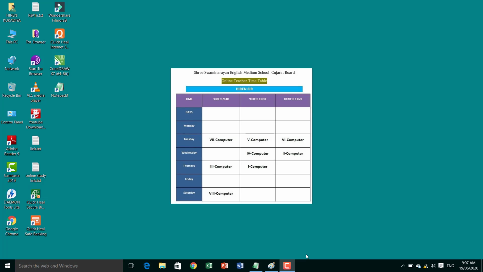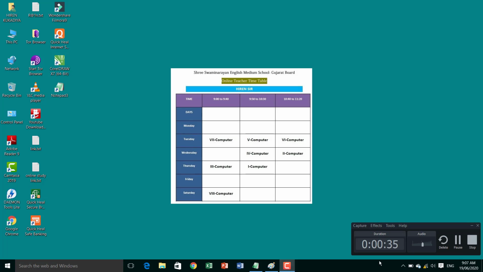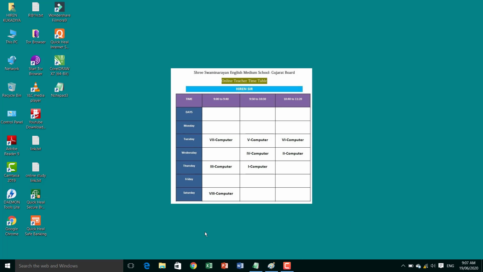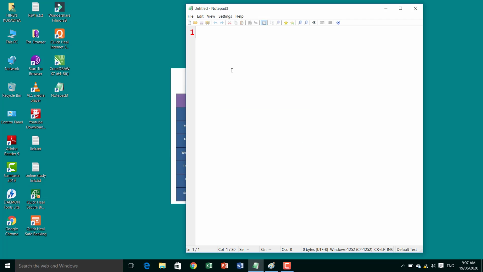our next topic, the Marquee tag. What is a Marquee tag? Marquee tag means basically how it will react in HTML.